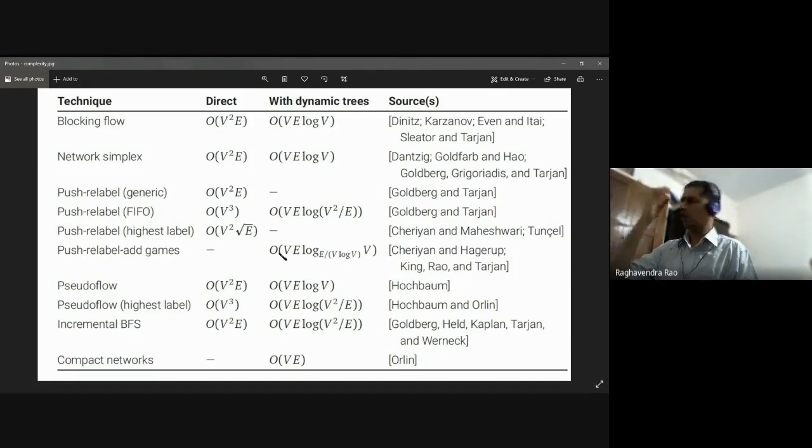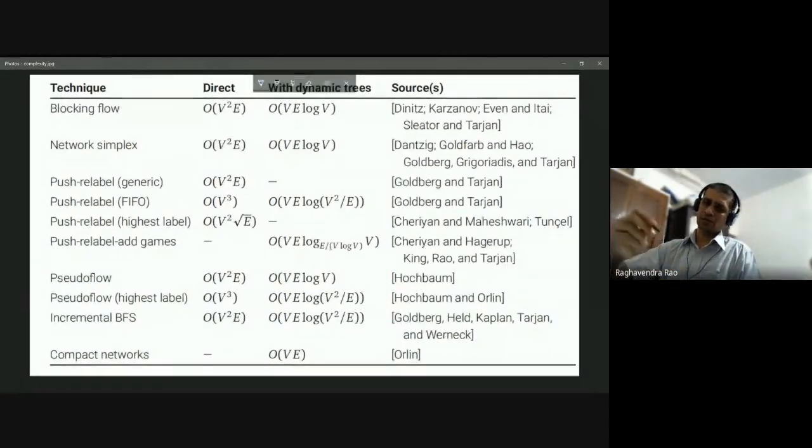So the earliest one is due to, I think, Edmonds and Karp, where they choose either the shortest path, that is shortest with respect to the number of edges, or the fattest, that is the path with the highest capacity. Okay, so the minimum residual capacity along the path should be the maximum possible. So there are various algorithms here. Unfortunately, I can't use the pointer here. So yeah, these are the algorithms, a summary of complexities.